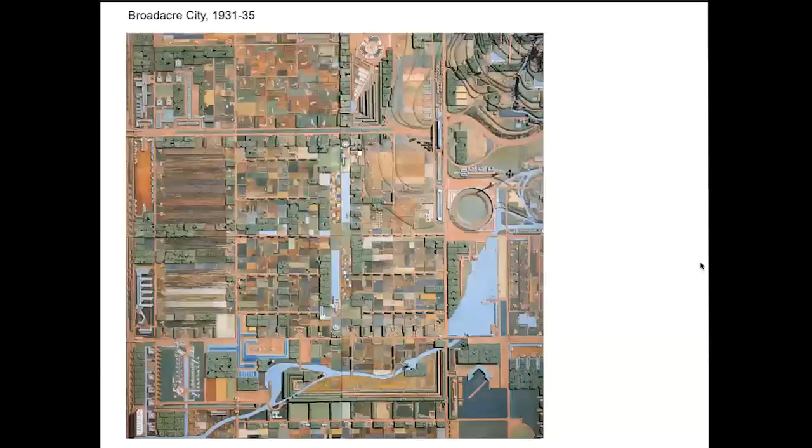In 1931, in the book The Disappearing City, Wright published Broadacre City Study. You remember this plan? In the first lecture, we quoted this plan for the decentralization program. And this is a very important planning concept in which Wright proposed to distribute land on the basis of a grid of 1 acre,